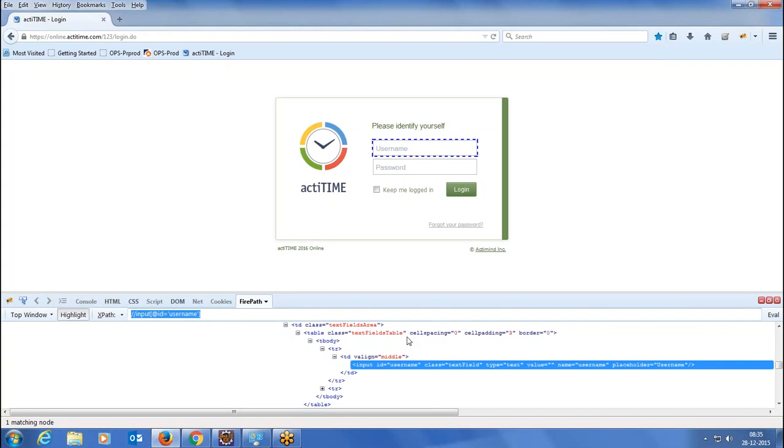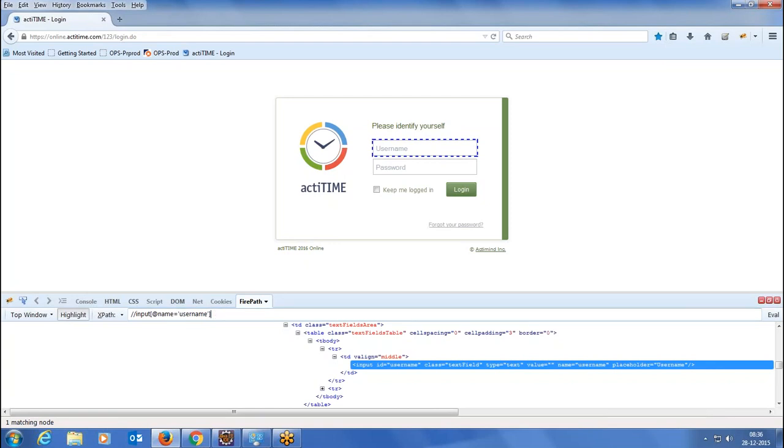The other way is, imagine if the ID was not there, but the name is there. Instead of ID over here, you say name. The name is this name. Name is also the same in this case, and this is also still fine. And imagine if the name is not there.